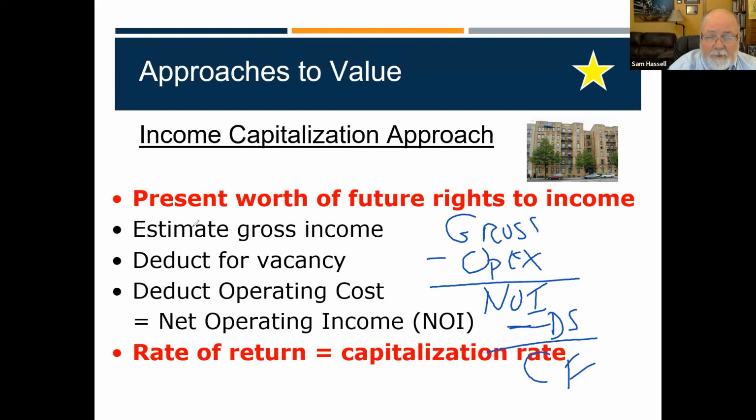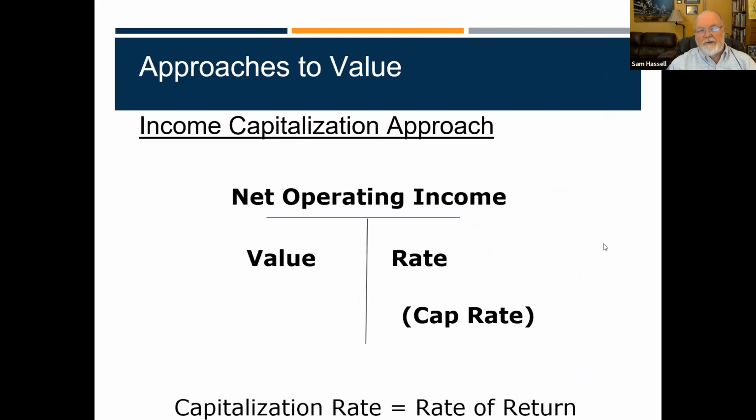So we need our gross sales less our operating expenses. That's what it's going to cost us. Deducting for any vacancy, obviously, if we don't have anybody in there, we can't make any money, right? And then we're going to come up with a rate of return. This is pretty much what I was just talking about. If I had